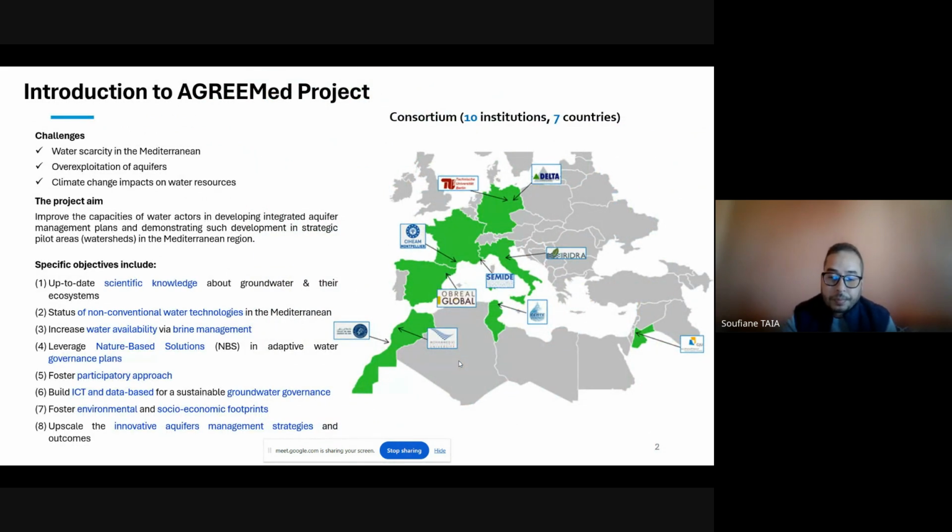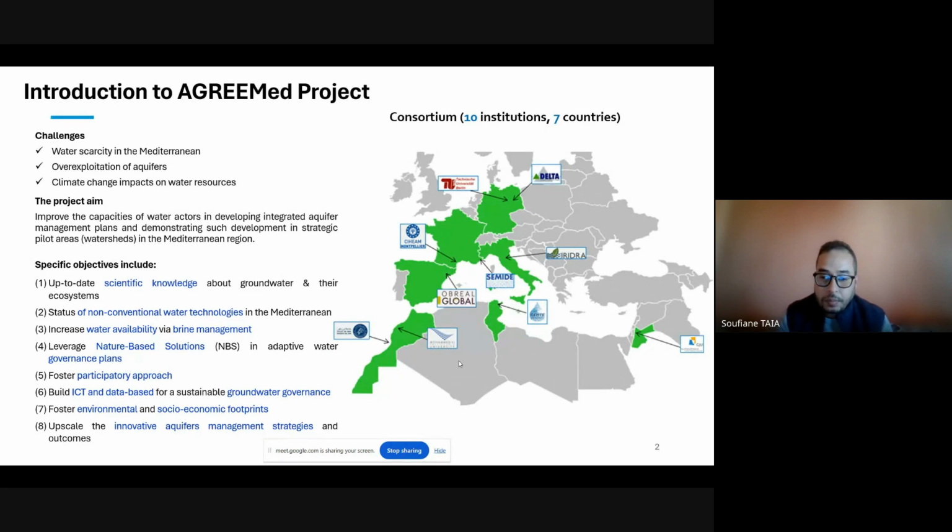First of all, AGREEMed is all about strengthening the ability of water stakeholders to develop and implement aquifer management plans in the Mediterranean region. Our objective is to ensure smarter, more sustainable groundwater use by focusing on key areas. First, we aim to improve the scientific knowledge by providing precise insights into how groundwater systems work. Also to help decision makers to shape better policies and decisions, and also to evaluate the best practices for managing non-conventional